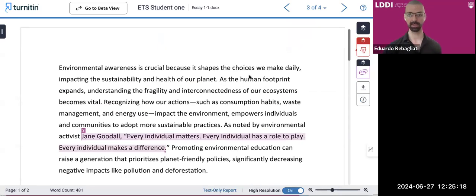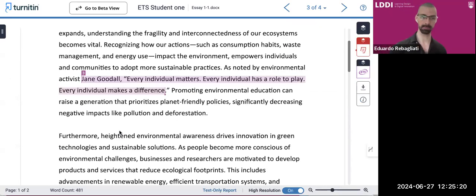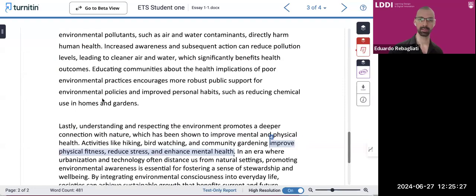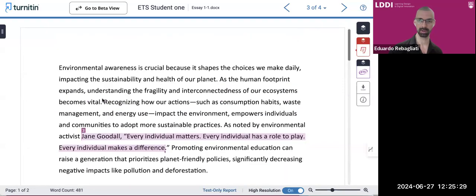Here we see the assignment. And as you can see, we have some things that have been highlighted. We also have numbers. I'm going to be explaining why that is the case. And this is showing us some of the things that are happening in terms of grammar and also in terms of plagiarism. So probably the first thing that you would need to do is go here to the right